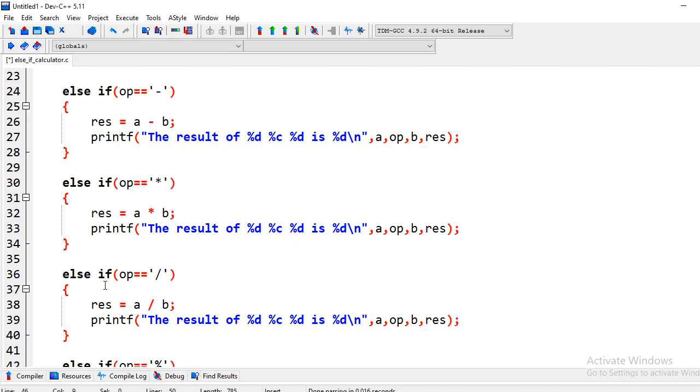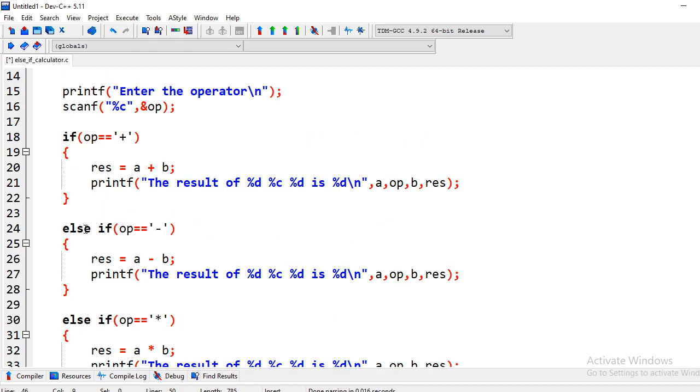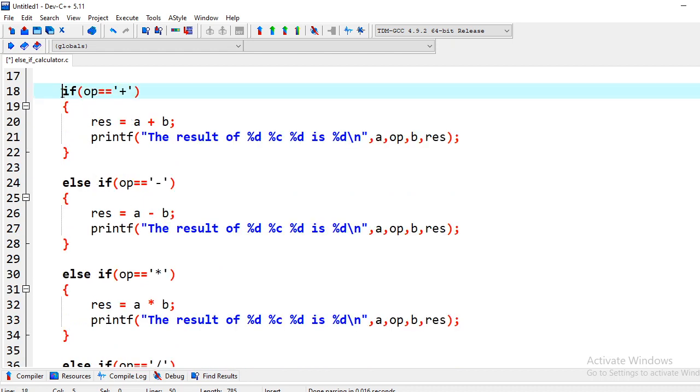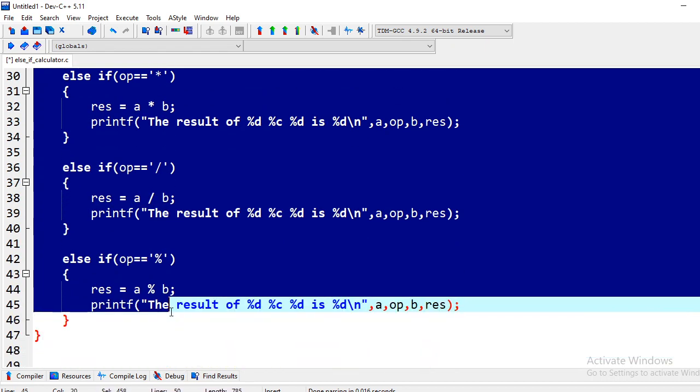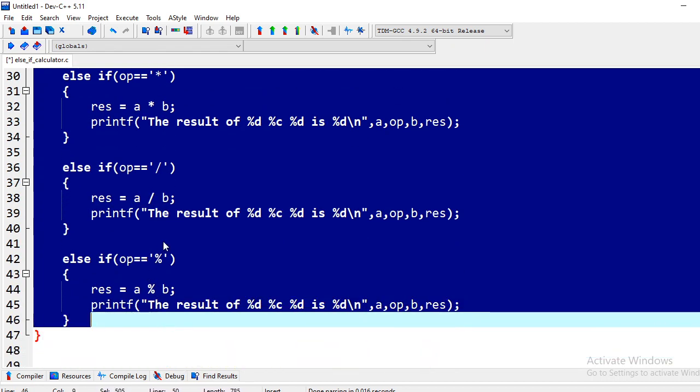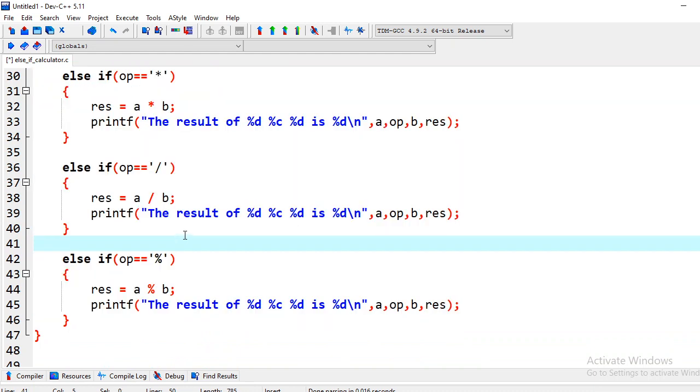So in this question we have more conditions to check. In total, to be exact, we have 5 conditions to check. For the first condition I have used the if condition, and for the remaining 4 conditions I am using else if. You can use if also, instead of else if. But I want only one condition to get satisfied, so operator can be only one of these 5 operators. That is why I have written else if. From these 5 conditions, only one condition will get satisfied, and you will get the result according to that condition. So this is about the else if.